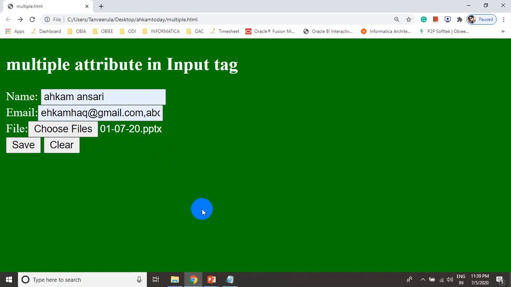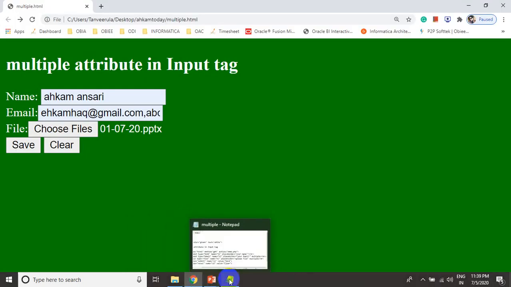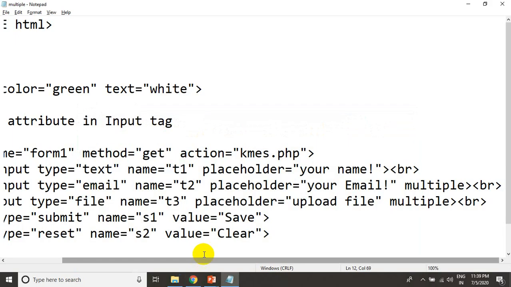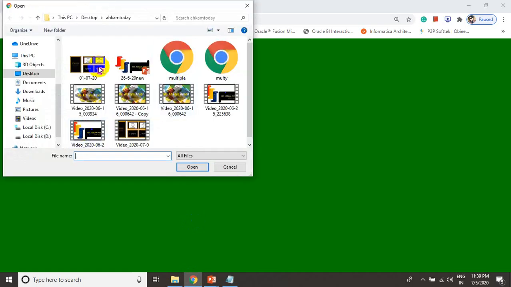But now if you want to upload multiple files, you can upload. Why? Because we have used the multiple attribute. I just want to show you by using the keyboard. I want to upload this file, so I have clicked on this. Now this is the whole window. I just want to open on keyboard.